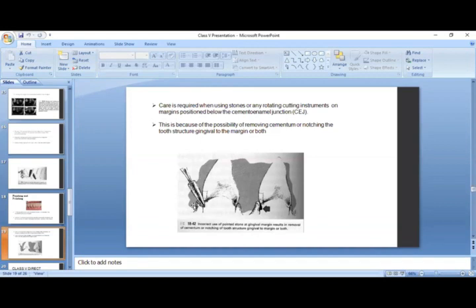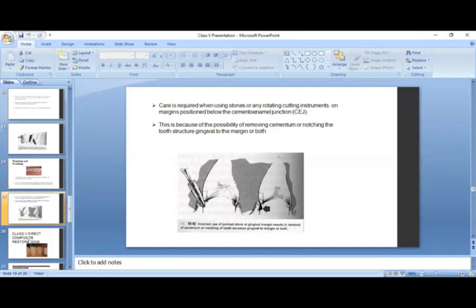So we are not supposed to remove the cementum or the gingiva unnecessarily. So your expertise should be that you are just liable to finish that restorative material on the class 5, right? Not encroaching that boundary of the gingiva and the cementum. So you need to be very careful.